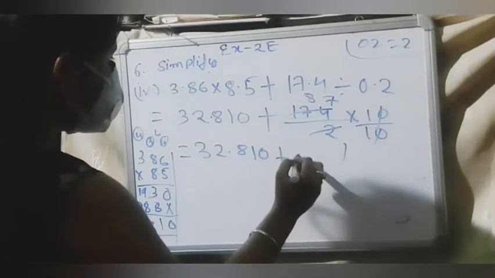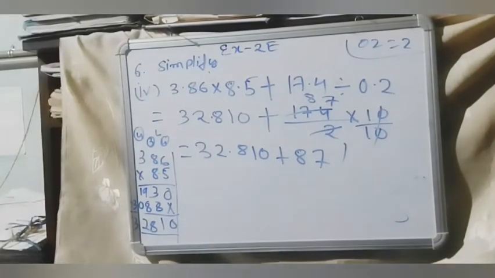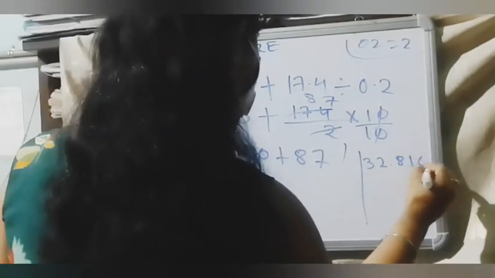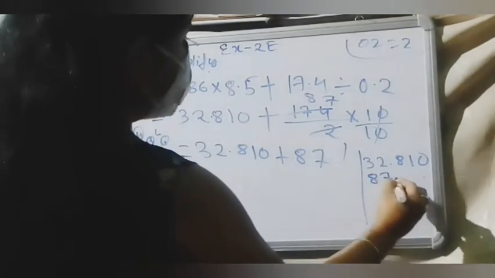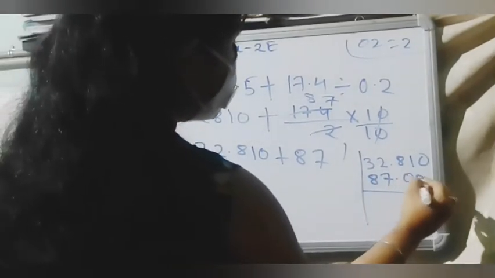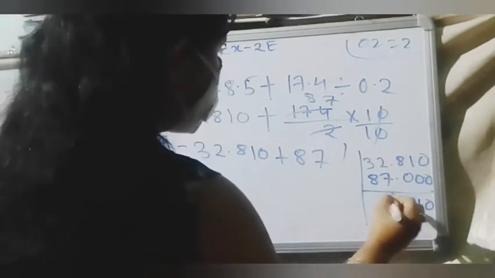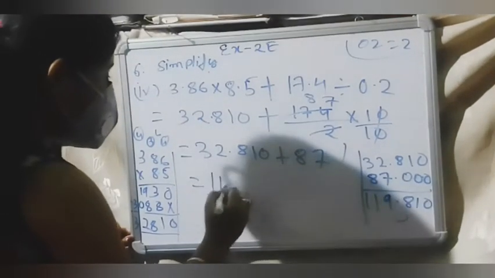32.810 plus 87. Now you do the addition in a rough: 32.810. This 87 where you will write? You will write here. Here nothing is there, that means 0 0 is there. 810 you will write. 7 plus 2 is 9. 8 plus 3 is what? 11. So your answer is